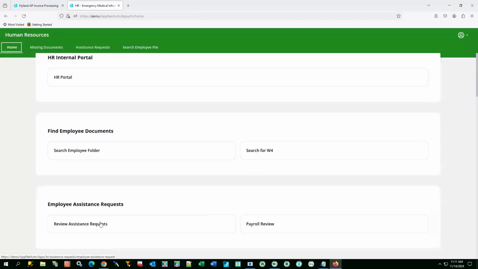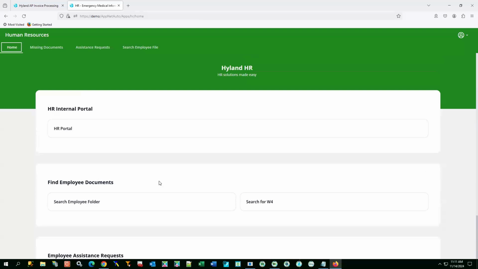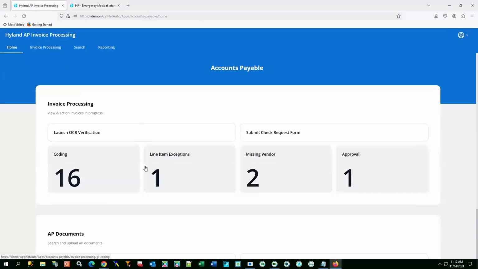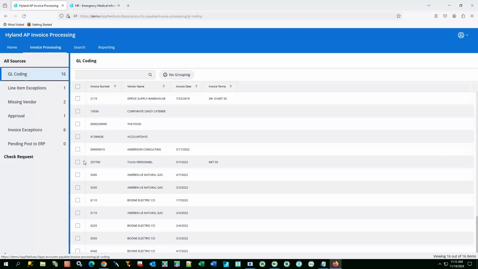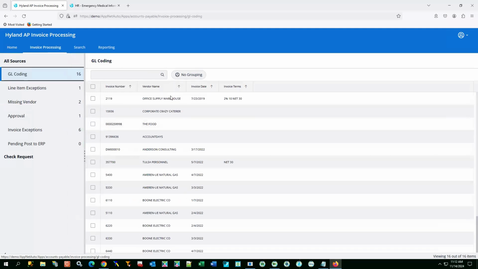And these are access to those forms to be able to submit. So you could break this up in different ways. From a workflow standpoint, going back to that screenshot that we were looking at a bit ago, I'm going to jump over to AP, and you can see that the workflow access can be set up in these tiles, the look and feel over here. So this is very similar to what you were seeing in the slide deck at the very beginning of this. So again, being able to click on these, get access to that workflow queue, and navigate directly there,